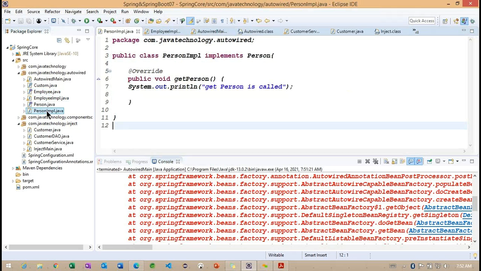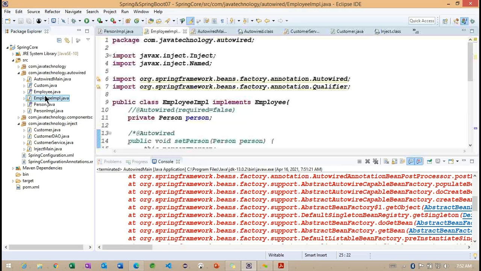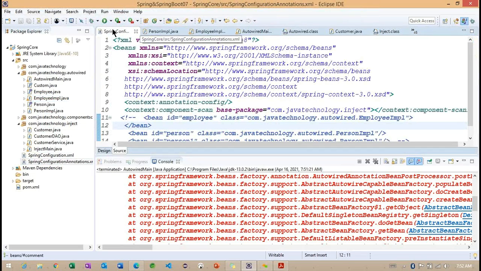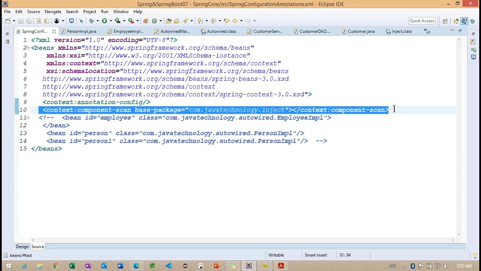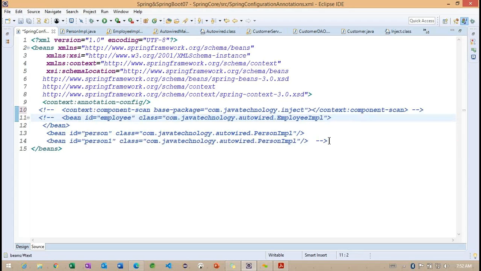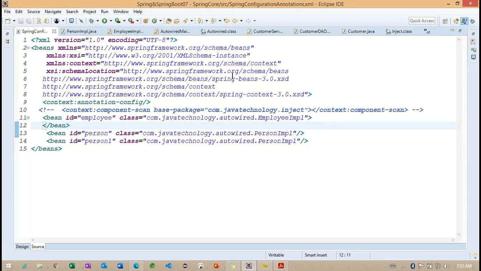Okay, so comment this print section and enable these three sections here.